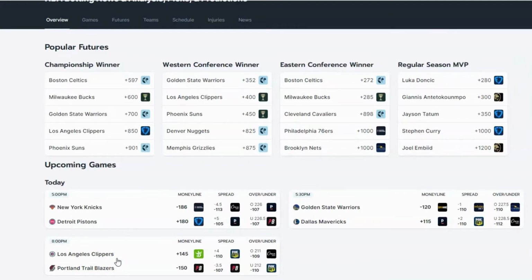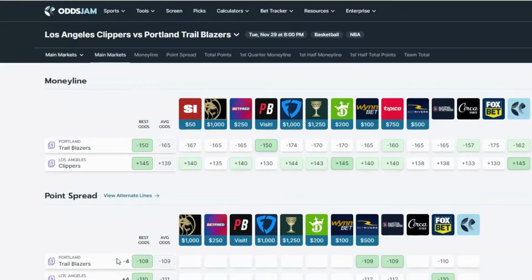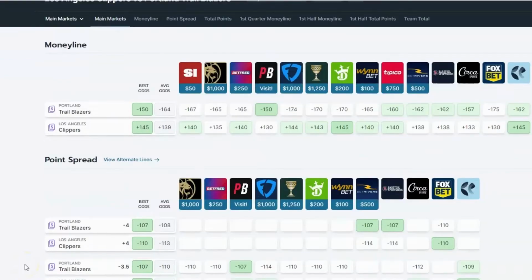But that's, again, a tip you may want to consider as you opt into these promos: take a look and understand the choices and options you have to choose from. That might be why the promos are available on certain days and not on others, right? Because they know you have limited choices, limited options, but something to think about. So what you would do is, again, you see right now DraftKings is at a plus 145 with the OddsJam perfect lines. That's pretty good value. It's the best odds available.